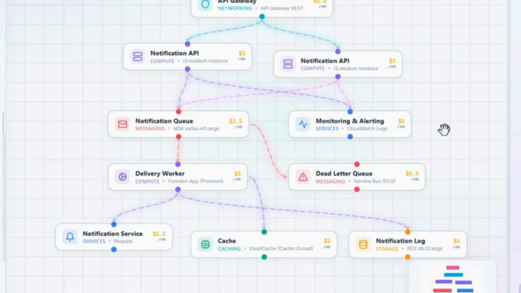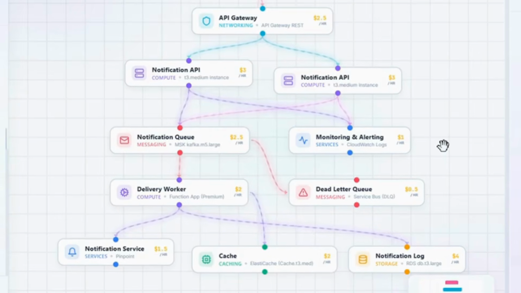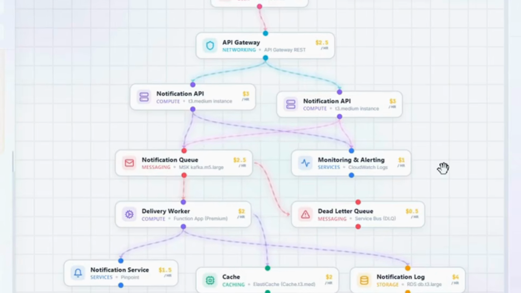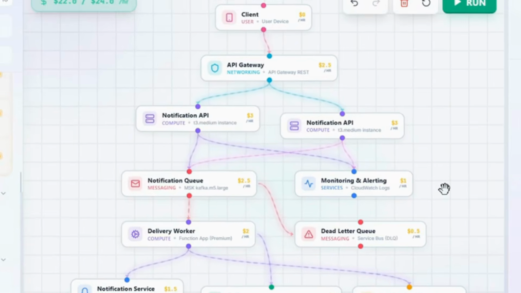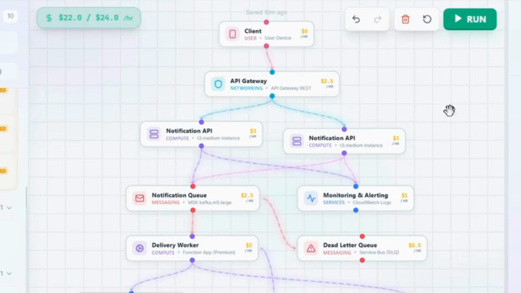The delivery result is stored in the notification log database. Frequently accessed information is cached for faster access. Monitoring continuously tracks system health, and if a notification repeatedly fails, even after retries, it is moved to the dead letter queue. Now we can run our architecture,